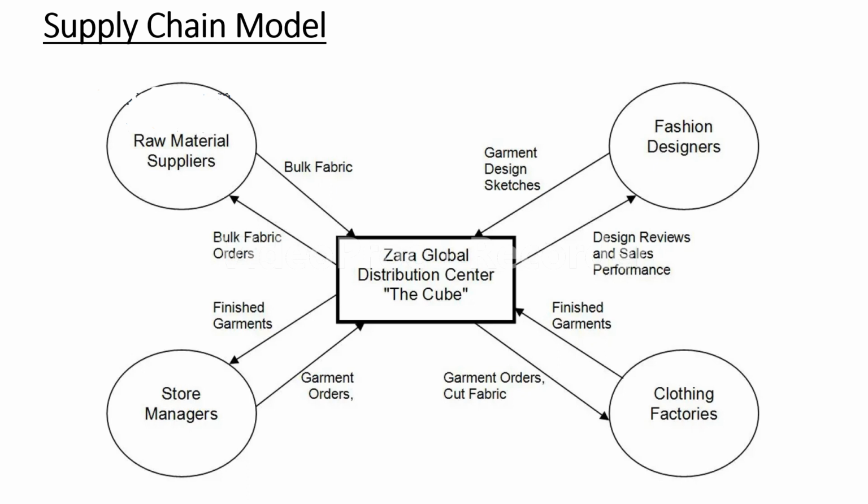So the raw materials are brought to the Cube, and from the Cube they will be sent to the clothing factories, or the manufacturing plants, with the garment designs and the orders. Once the fabric is sent to these manufacturing plants, the clothing factories will be manufacturing these garments, which are situated also in multiple